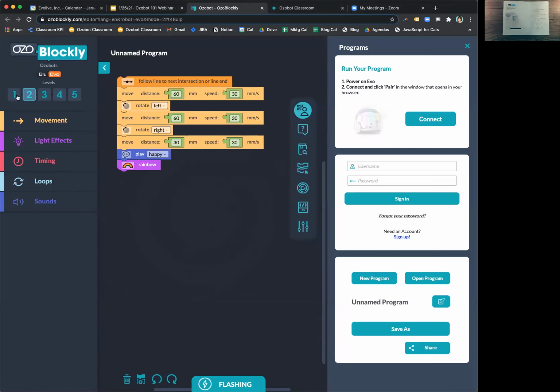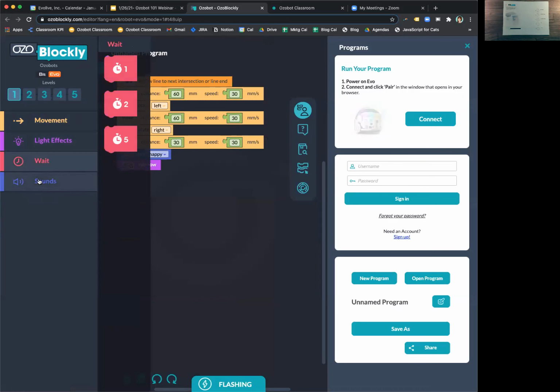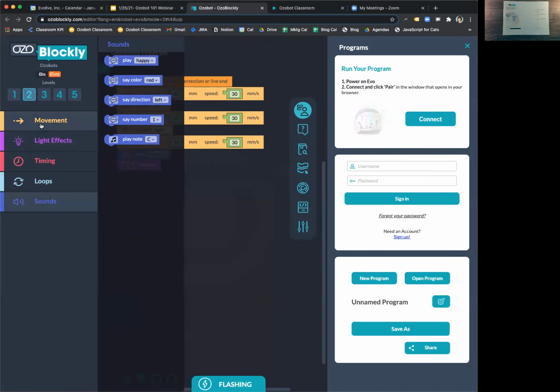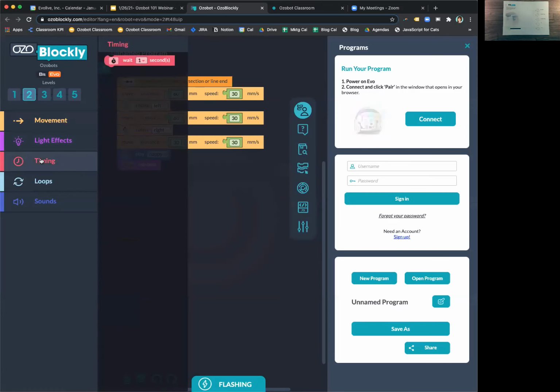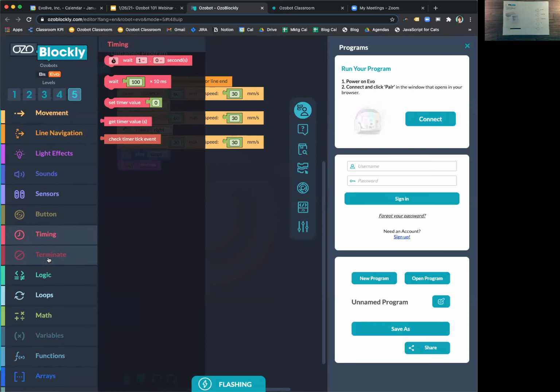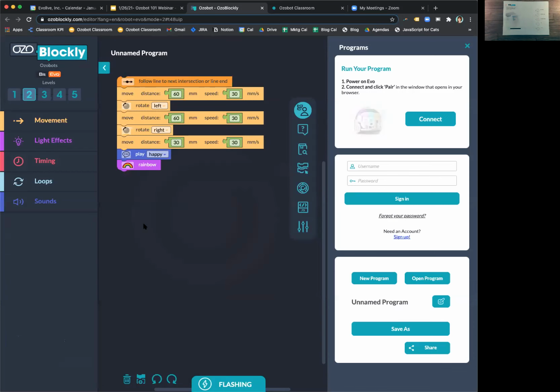It's based around Google's Blockly, but what we did to make it our own was add discrete skill levels. And this is something we like to highlight because even educators who have been using Ozobot don't always know about these. The first level is a pre-reader level. All of the blocks here have visual icons. And then as you advance, we add text to the blocks, but we're also adding block categories and programming principles as you advance. So all the way up to master level 5, where we introduce lists and arrays, things that are taught in high school computer science classes. But we're keeping it simple again for this activity.